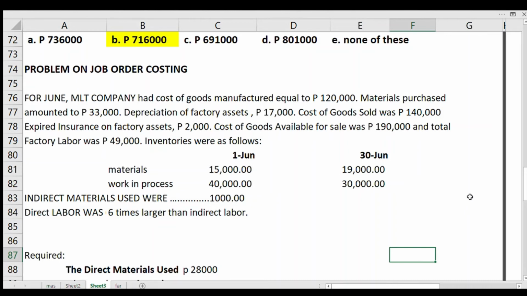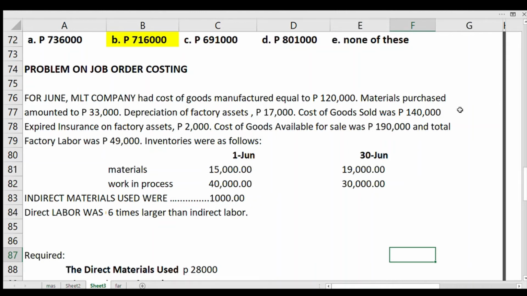Now let us go to the next problem. It says here that for June, MLT company had cost of goods manufactured equal to 120,000. Materials purchased amounted to 33,000. Depreciation of factory assets 17,000. Cost of goods sold 140,000. Expired insurance on factory assets 2,000. Cost of goods available for sale